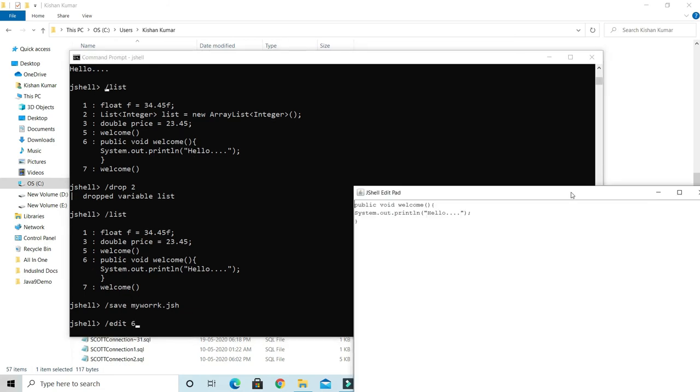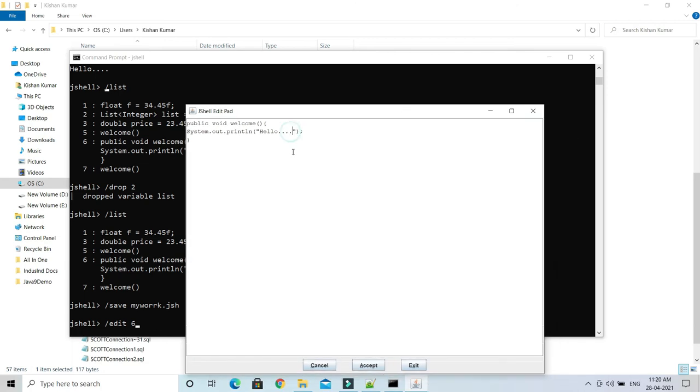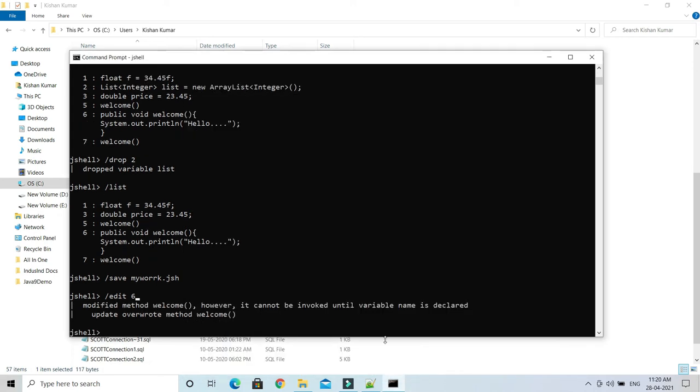Then of course this window came out, and here I would like to print a message hello plus name, but the name variable I haven't defined. So let's see what happens. I accept, then click on exit, and here you can see the message: modified method welcome, however it cannot be invoked until variable name is declared.